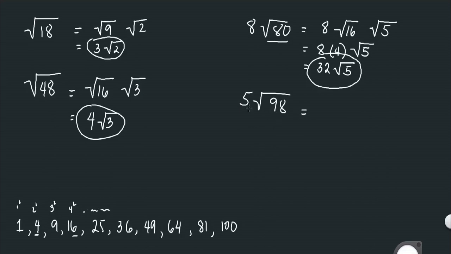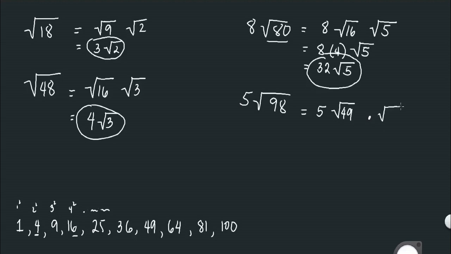Now we have 5 square root of 98. Let's find out the two perfect square numbers, no? So paghiwalayin natin si 98. So meron tayong 98. Pwede ba yan kay 16? How about 98? Pwede ba kay 25? Okay, 36. What about 49? Okay, yes, pwede kay 49. Mas malaki na yan. So 5 square root of 49 times